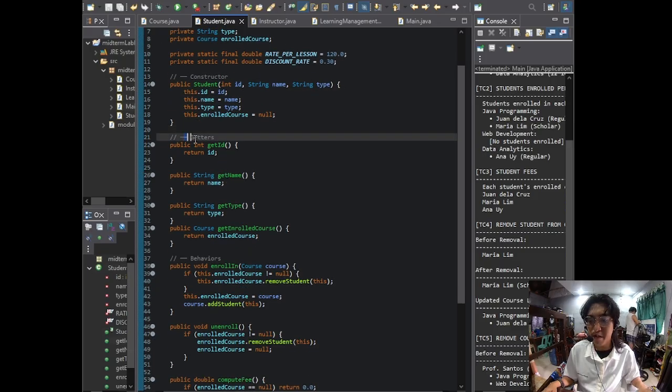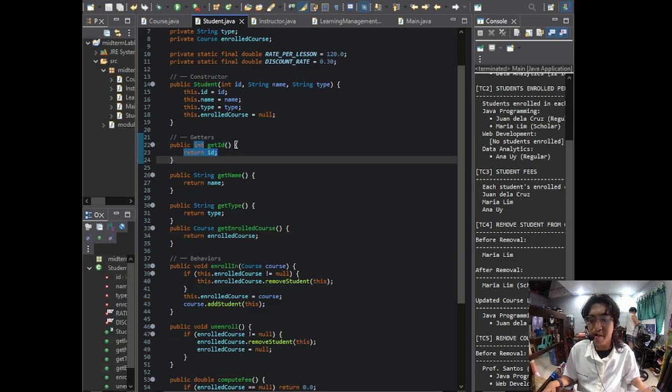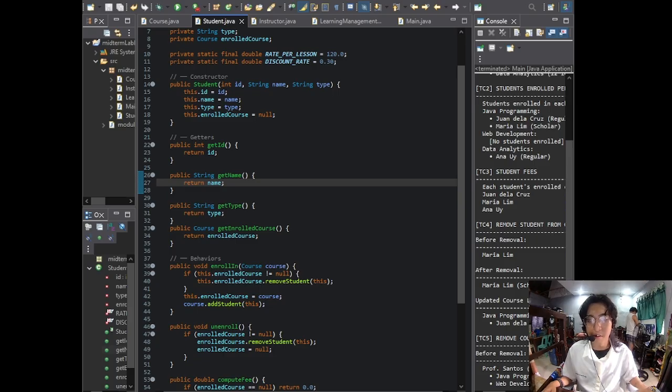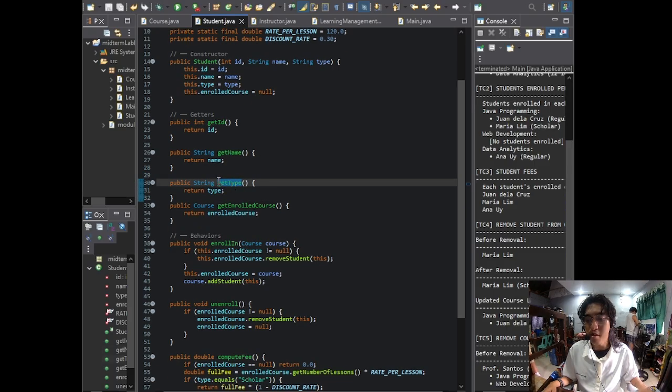Then we move to the getters. getId returns the unique ID number. getName returns the student's full name. getType returns regular or scholar. getEnrolledCourse returns the course object the student is in, or null if not enrolled.